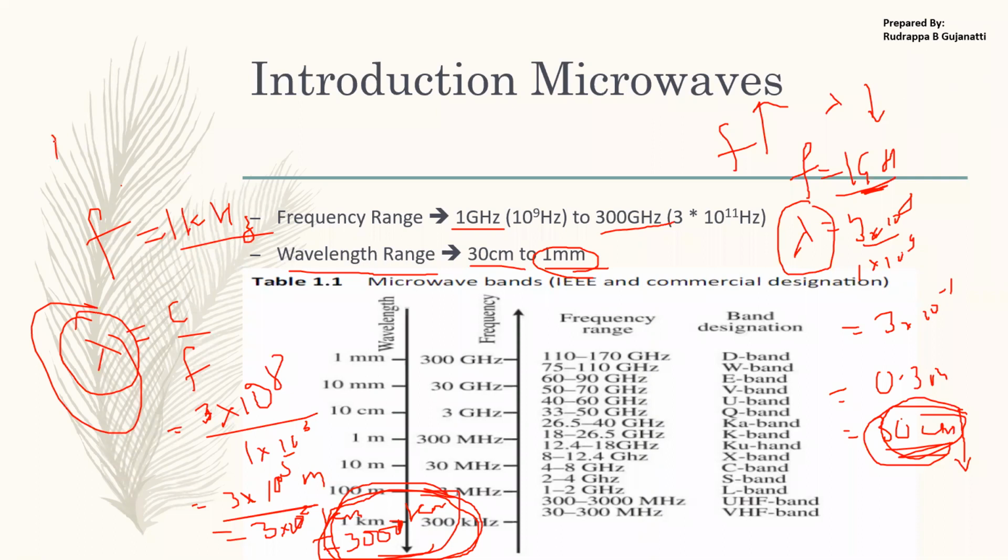In your network theory, or network analysis, you have studied KVL, KCL, and how they are applied. Generally, when you are rigging up a circuit or making connections, you cannot have a wire which is as long as 300 kilometers. You will have some disconnections, then you will continue. So here you cannot have a continuous connection of 300 kilometers.